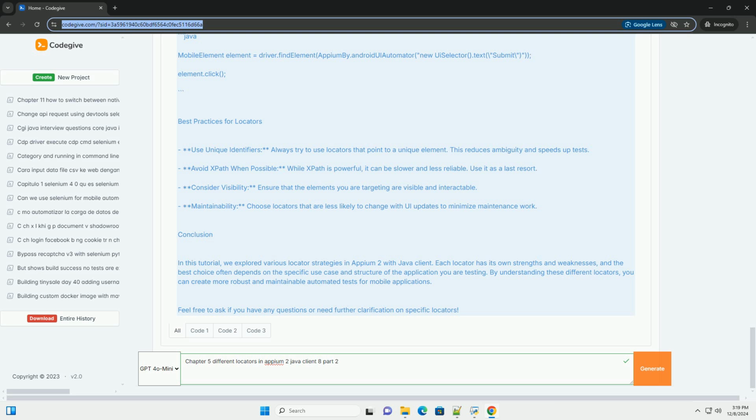### 8. Android UI Automator. This locator is specific to Android and allows you to use Android's UI Automator framework to locate elements. Code example, Java: MobileElement element = driver.findElement(AppiumBy.androidUIAutomator("new UiSelector().text(\"Submit\")")); element.click();